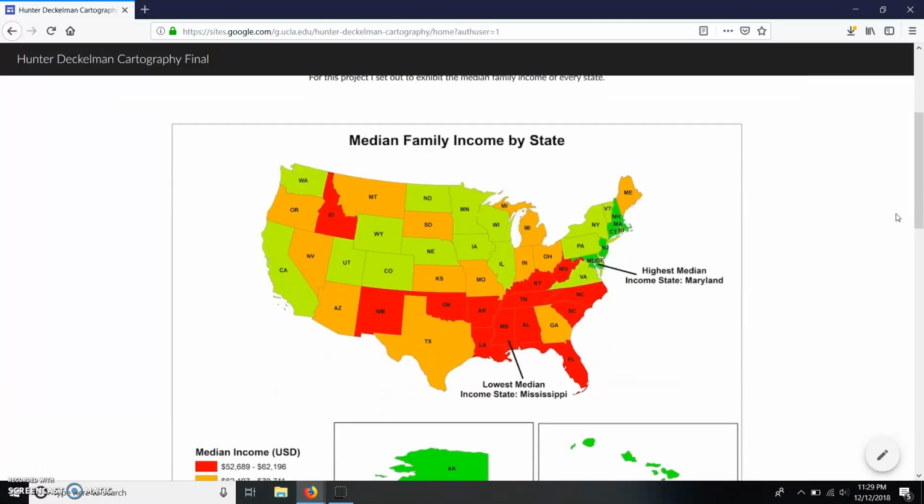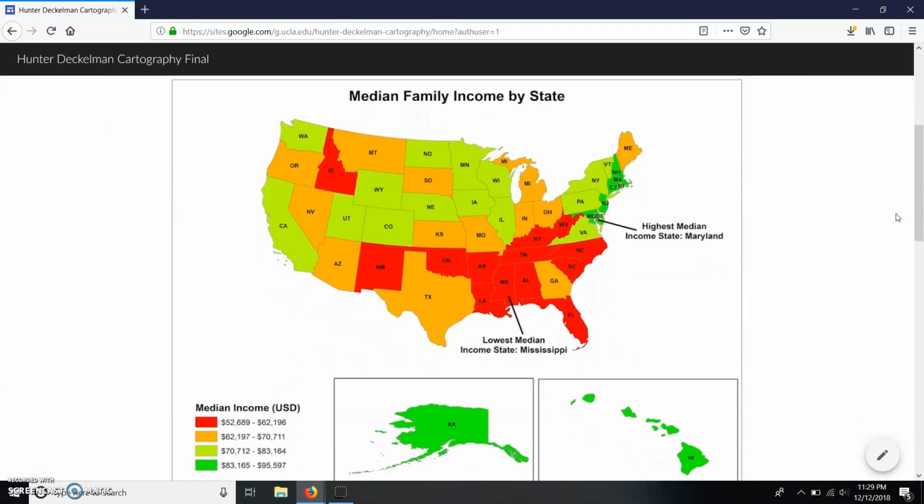For this project, I chose to look at median family income by state. The first thing I did was find a good projection for the continental US. I found an equal area conic projection that seemed to work nicely. I then went into the data and classified it into 4 different classifications using natural breaks,